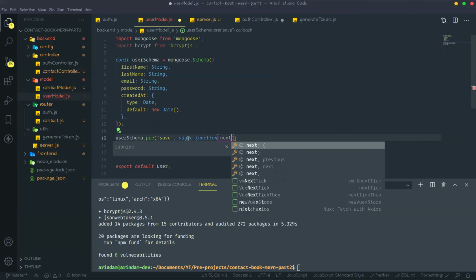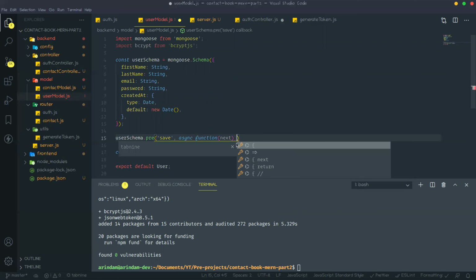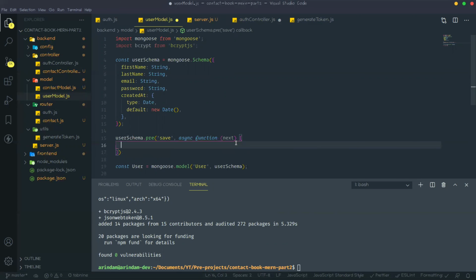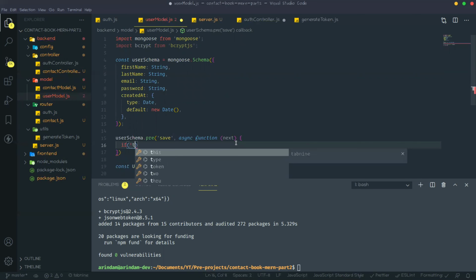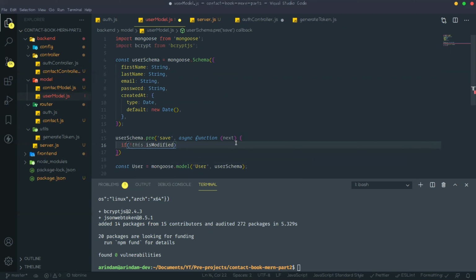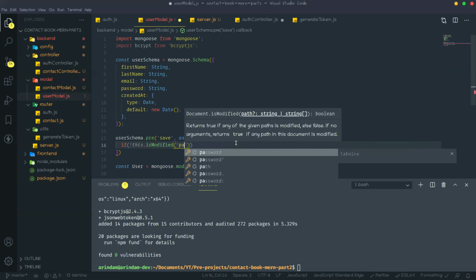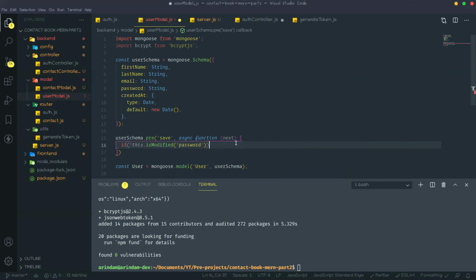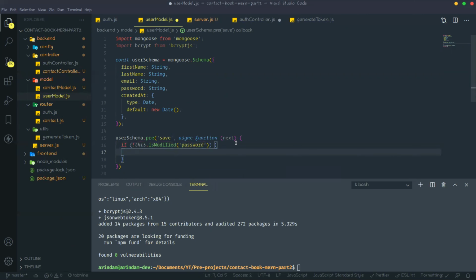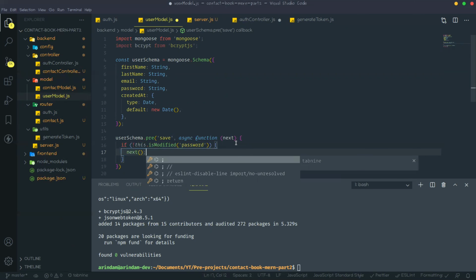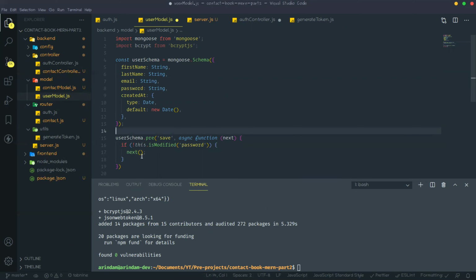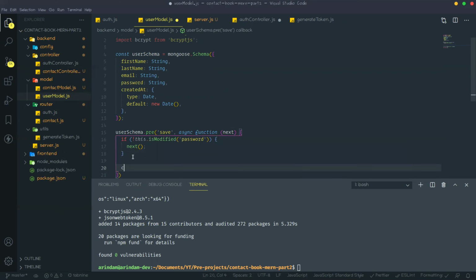Okay, so first we need to check if not this.isModified password. If that password is not modified, then next. If it is modified, meaning it is being created, then const salt.